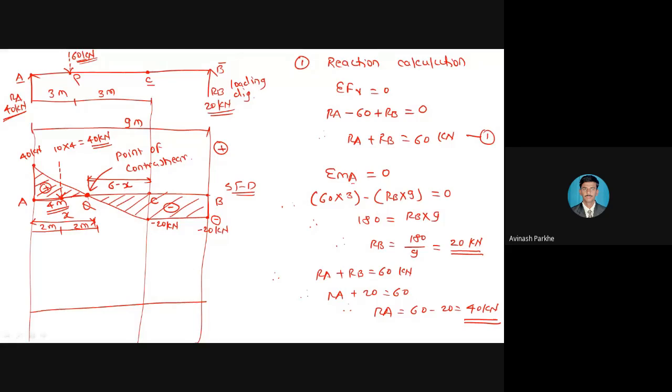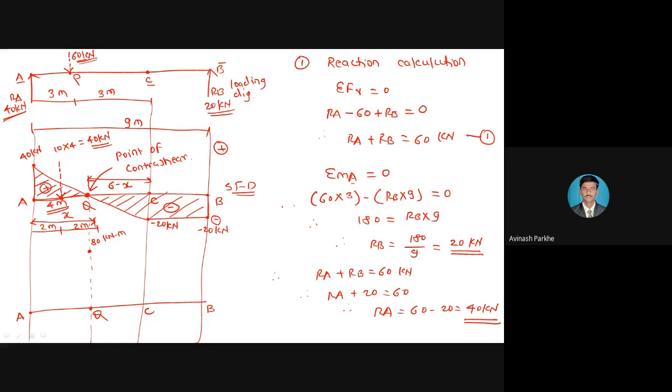So now this Q point also I have to take bottom side, their projections, because this is the maximum bending moment point. This is point A, this is point Q, this is point C, and this is point P. This is the horizontal line. Bending moment at point A is equal to 0. Bending moment at point Q is 80 kilonewton meter.